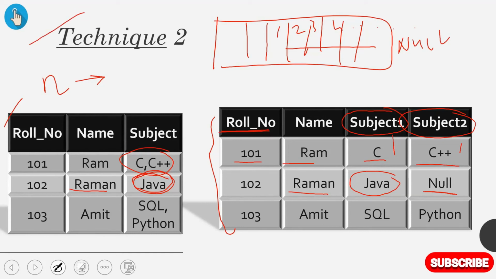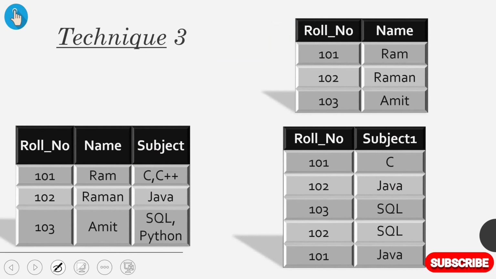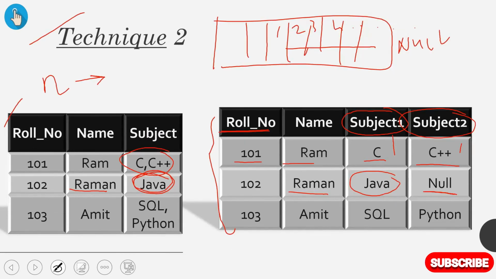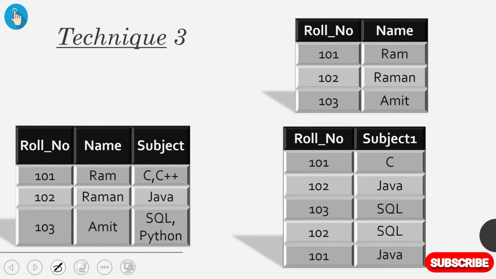So how to solve it? We have another technique, that is technique 3. You can also use this technique if you have a minimum of 2 tables, right? In the third technique, suppose you have a table with roll number, name and subject for the student. If you see the connection, the roll number gives us the name, meaning it is the identification of the student, and by the roll number you can also see which subject is being studied by which student. So the roll number is the identification for the name as well as for the subjects.